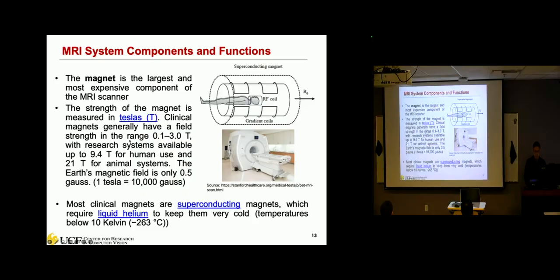Depending on the strength of the magnet, MRI scanners can be classified based on the magnetic field.